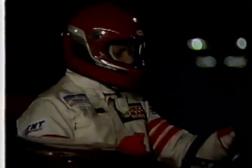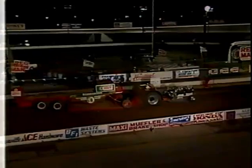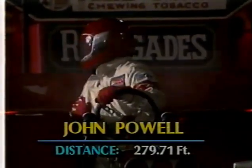283.98 feet. That's the distance he has to go or more to take the lead. Well, if anybody can do it, if any tractor could, I think this one can. He comes out real hard, but look, he's a little light on the front end. Now, that could cause some problems. He's not getting all the traction back to the rear tires like he would like to have. You're right, Rich. He had to hit that brake, pulled over to the left, and then came back to the right. I don't think he's quite gone the distance of 283.98. Oh, however, I think yes, we do. We've got a new third-place leader,